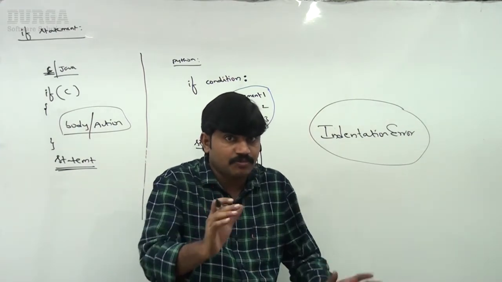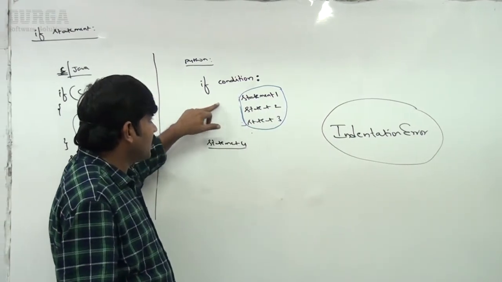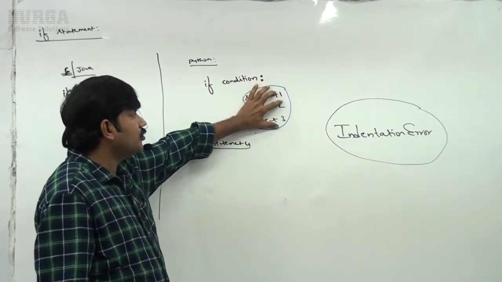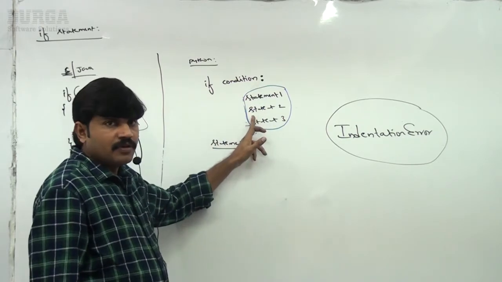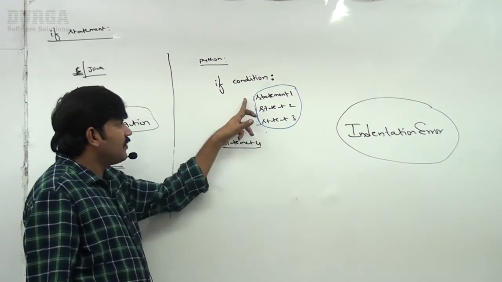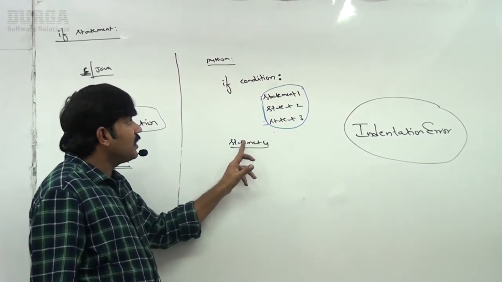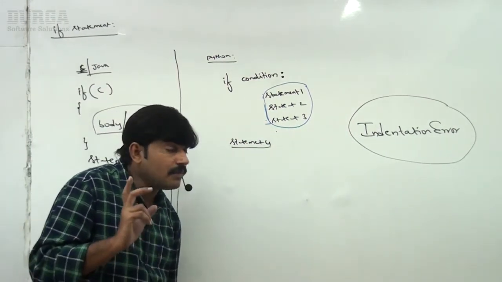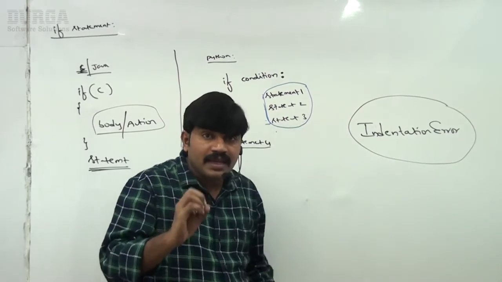The number of spaces must be the same. Here 4 spaces are there, here also 4, here also 4, having the same indentation. That's why this group of statements is considered to be under the if. Now this statement does not have any indentation, so it is independent. After the if block, this one is going to execute. So take very special care about indentation.